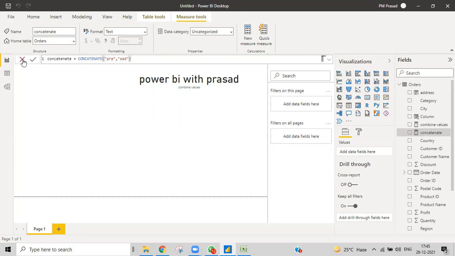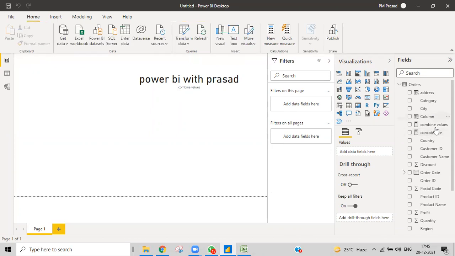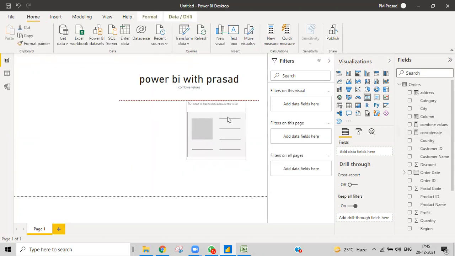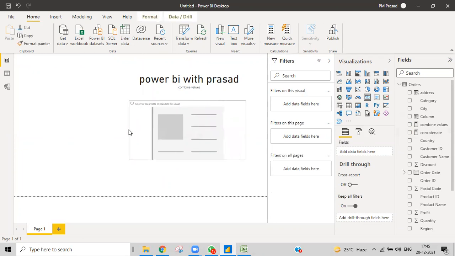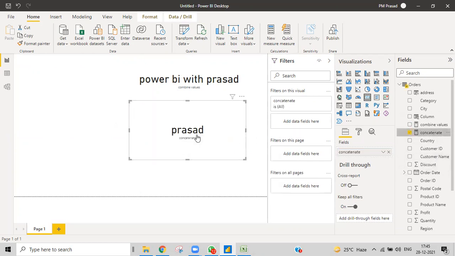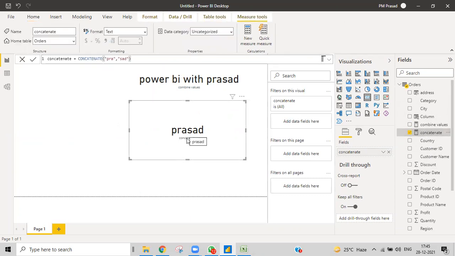And then I want to show that over here. I'll take a measure, this one card, and then I want to show you what exactly that is. And then concatenate. You see, I've been given two values, but I don't want any delimiter or anything else between them. You can do it like this. Understood why and how we use this?